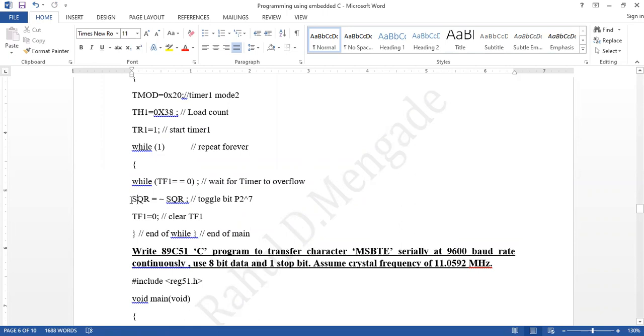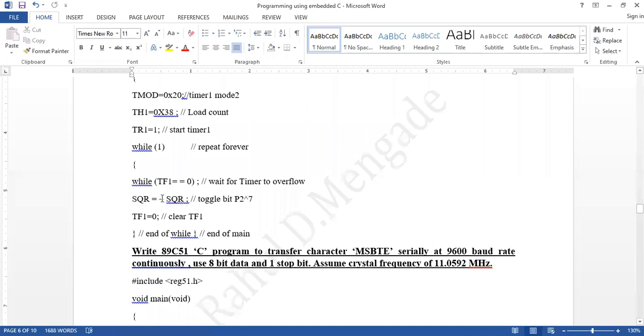Then SQR is equal to toggle of SQR. We have to generate a square wave, meaning 1 0 1 0 like that. So this statement is used to invert the data.